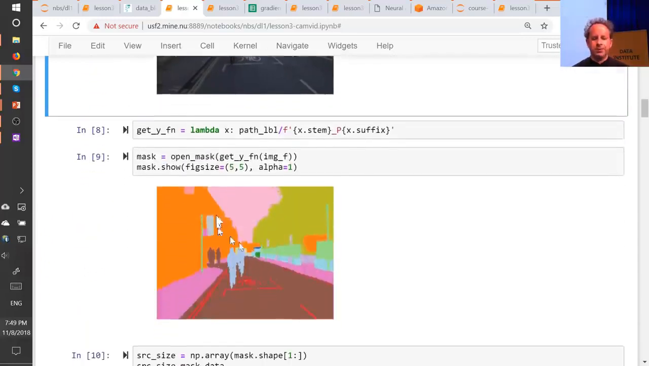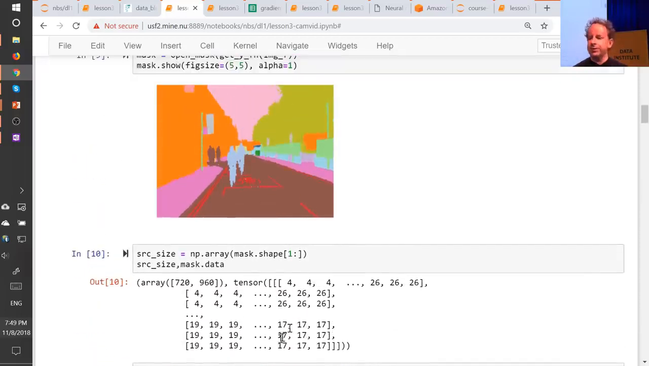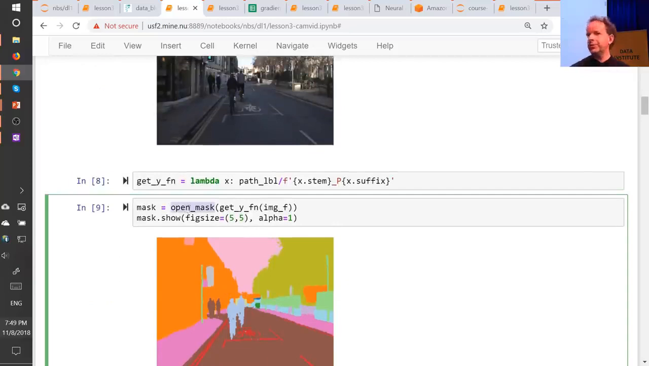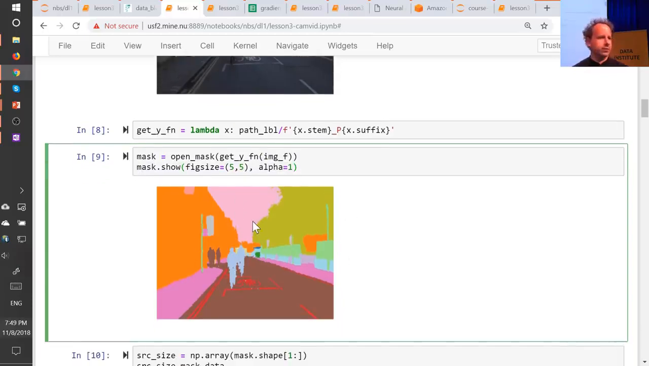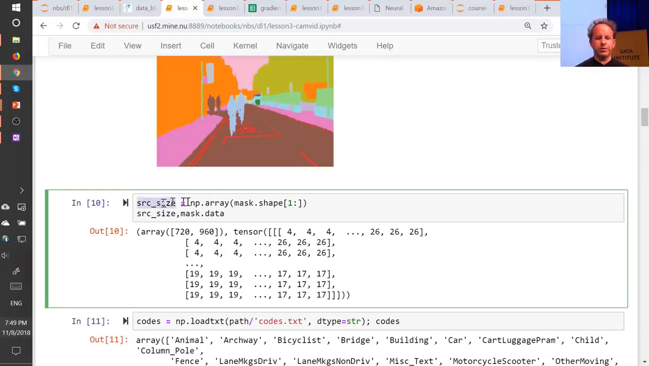But this, as we described, is not a usual image file. It contains integers. So you have to use open mask rather than open image because we want to return integers, not floats. And fastai knows how to deal with masks. If you go mask.show, it will automatically color code it for you in some appropriate way. That's why we said open mask. We can have a look inside the data and see what the size is. So there's 720 by 960. We can take a look at the data inside,